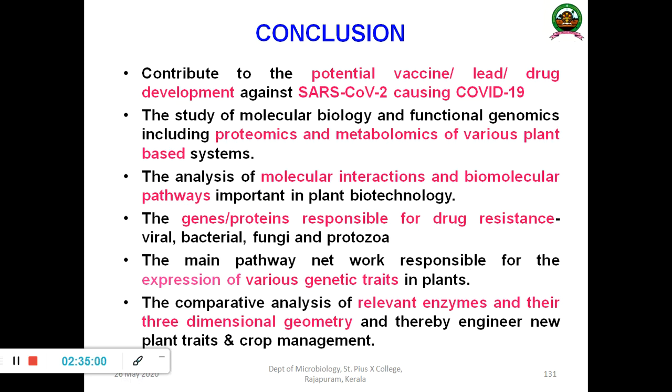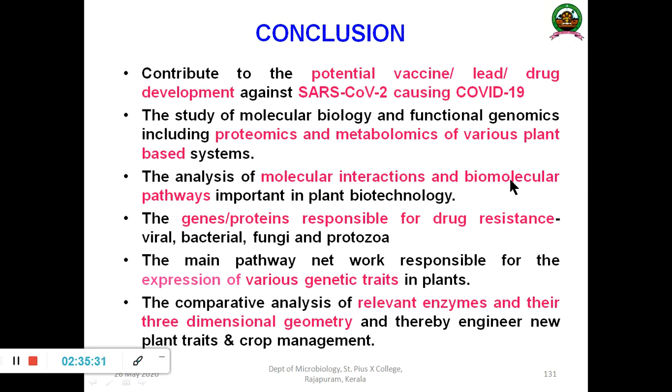So in conclusion, I would like to conclude this particular topic: computer-aided drug discovery is the heart of bioinformatics currently. Like the black box of a plane, it is the black box of biological science, where you can develop a potential vaccine or lead candidate for COVID-19. Definitely we can see many papers coming, and we can study the functional genomics, proteomics, and metabolomic aspects,